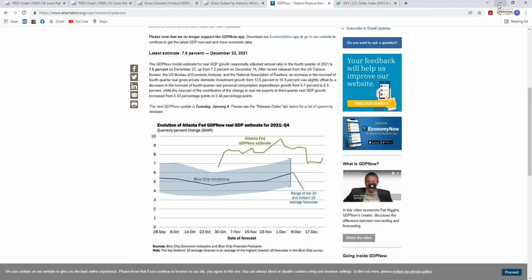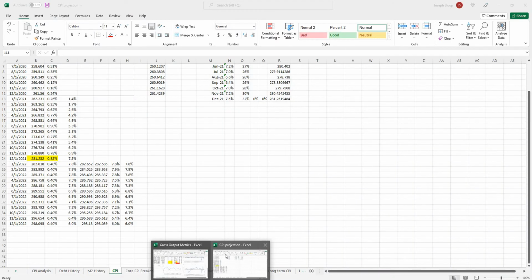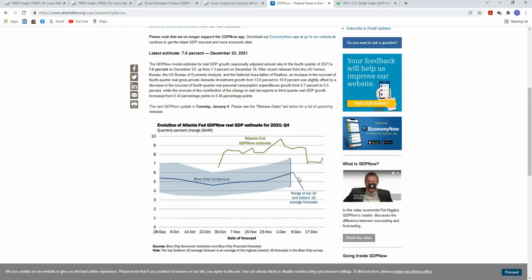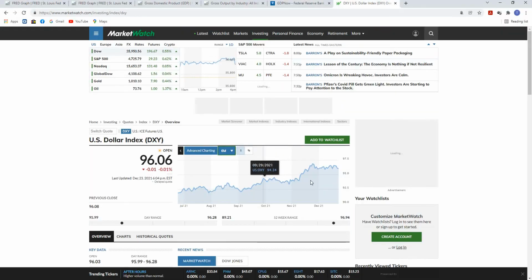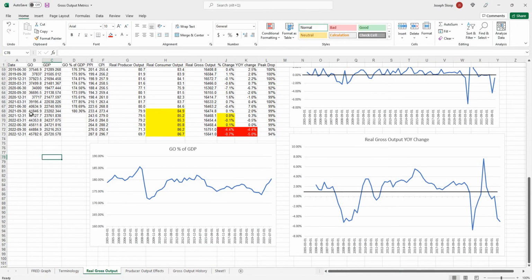So if you've been paying attention to my analysis on the consumer prices and producer prices, I've basically been projecting out, but what I'm saying is that these consumer price increases, which we've reached almost 7% year over year, and producer price increases have reached 22 to 23%, would have been worse had it not been for this dollar rally going on that is driving up investment in the U.S. economy. And this has kind of played out in the gross output with a strong jump in the manufacturing, construction,